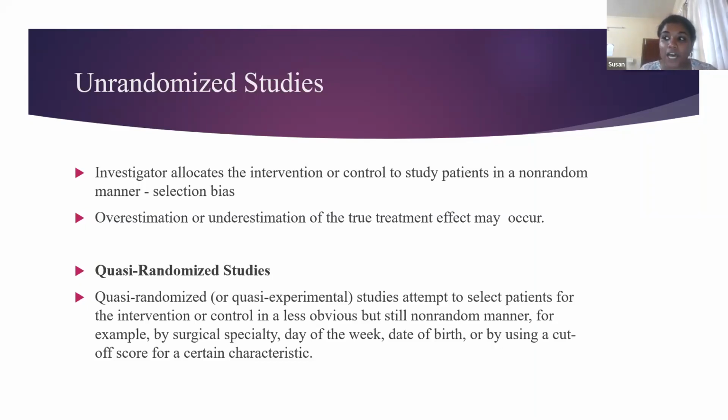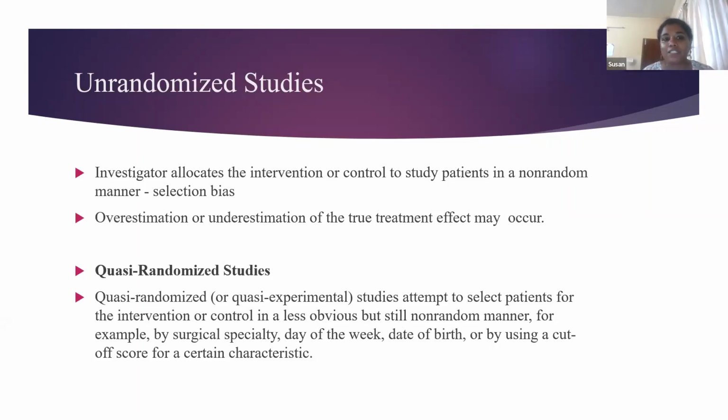But suppose I say I will give this treatment to the first 10 people who are coming. What happens? Everybody doesn't get an equal chance. Only those first 10 people who come are going to get it, right? So there is non-randomization. There is an intervention, but every person does not get an equal chance. So that is the crux of an interventional study: was there randomization or was there non-randomization?